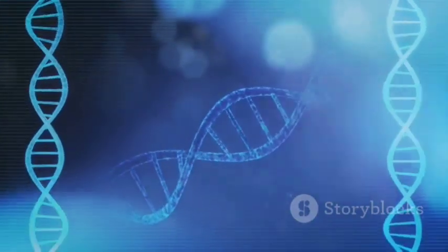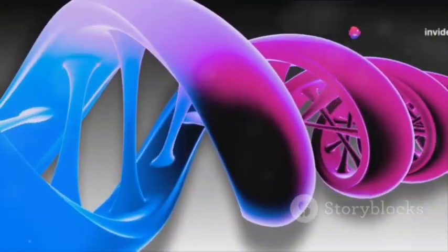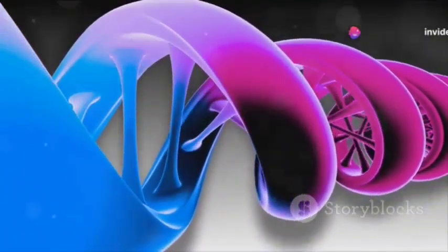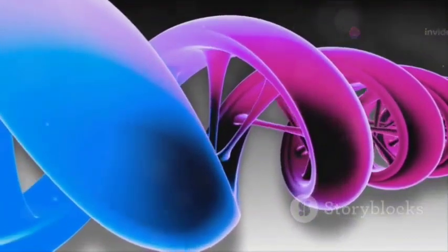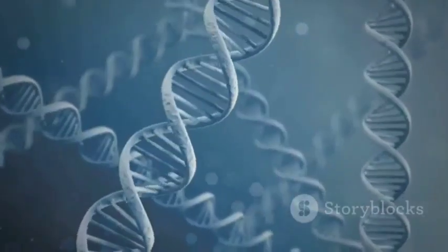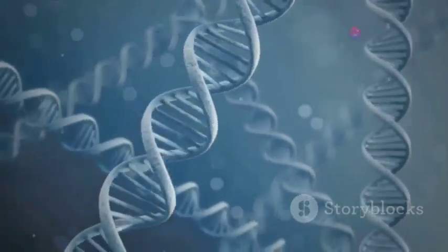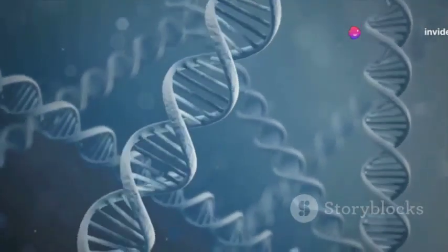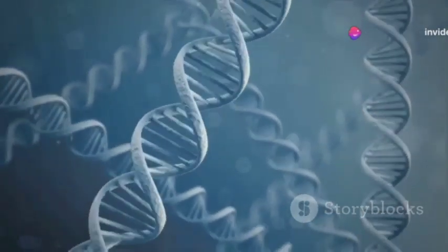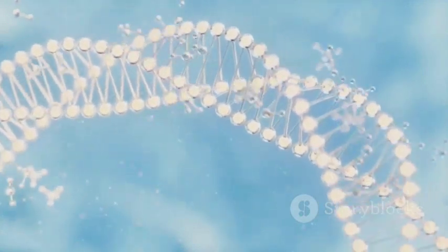Once in the cytoplasm, mRNA reaches the ribosome, which can be likened to a tiny factory that reads the information on the mRNA and translates it into a protein. This process is aptly named translation. Here, the ribosome decodes the mRNA sequence into a string of amino acids that will form a protein. Each three-letter sequence on the mRNA, called a codon, corresponds to a specific amino acid. It's like reading a set of instructions where every three letters tell you to add a particular piece to your